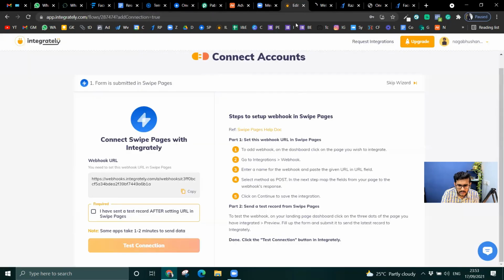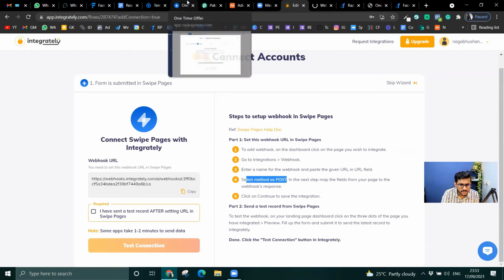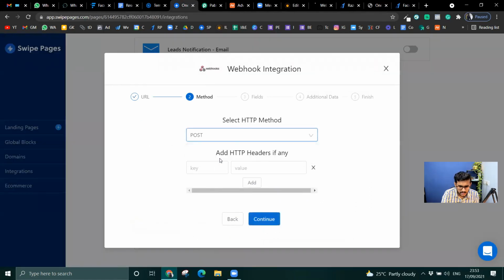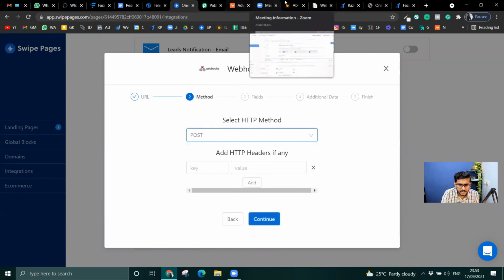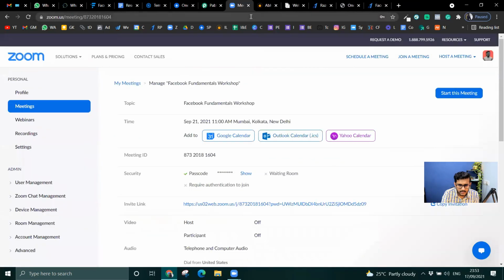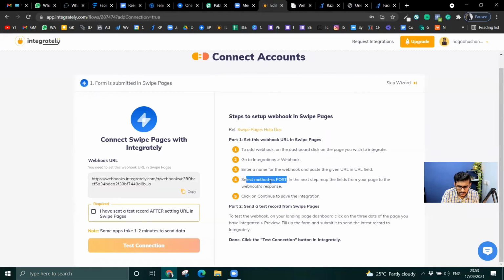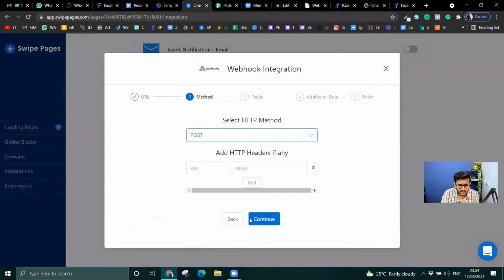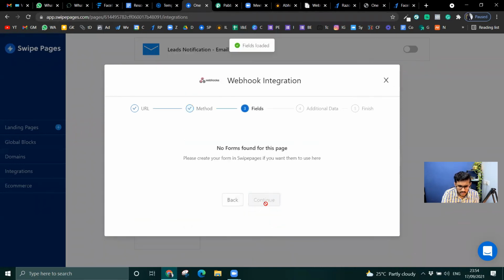Webhook, enter name of webhook. Okay, select method as post. I keep forgetting this. HTTP headers. Okay, I don't need Namecheap anymore, so I can just delete this. Click on continue and server integrity. Okay, just say continue.